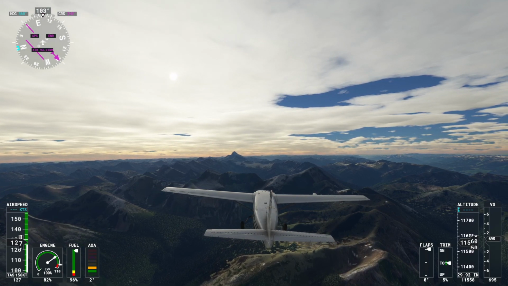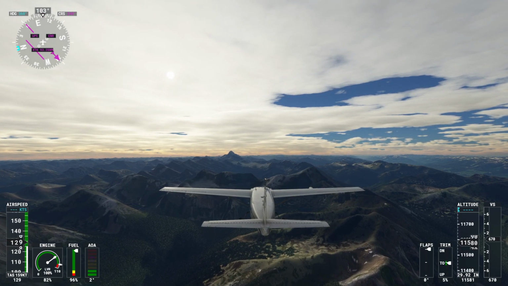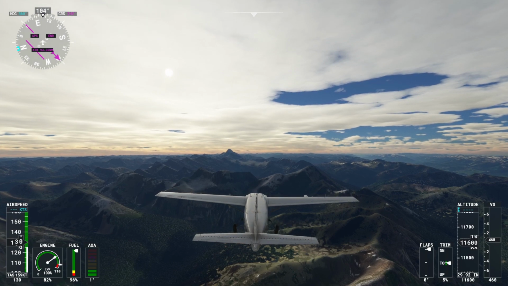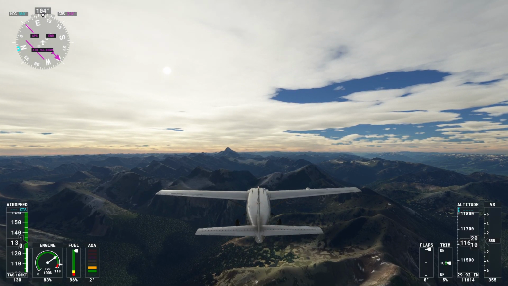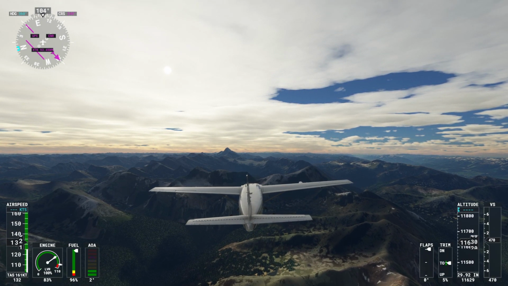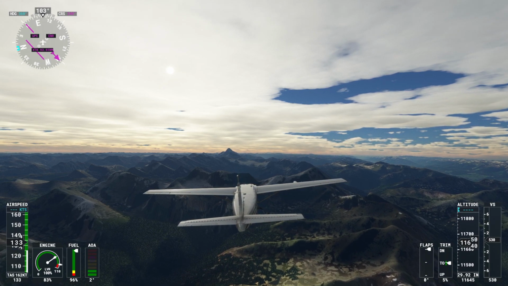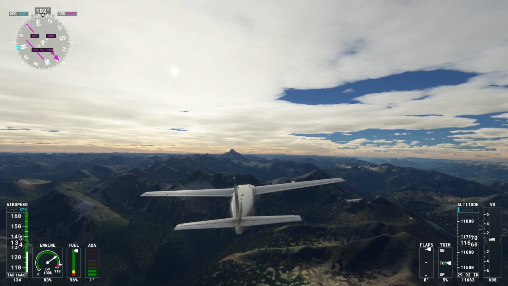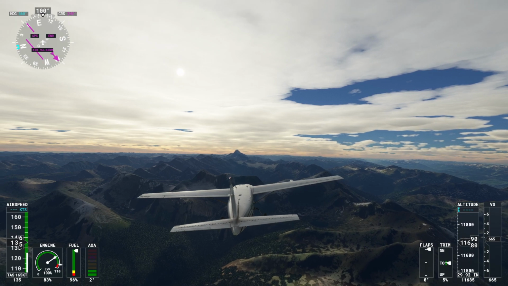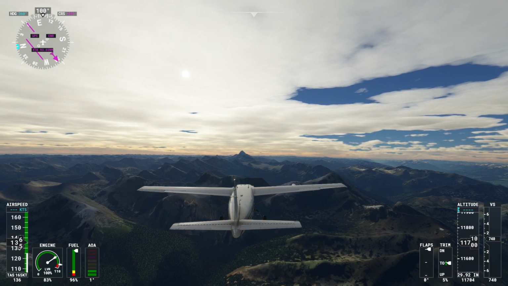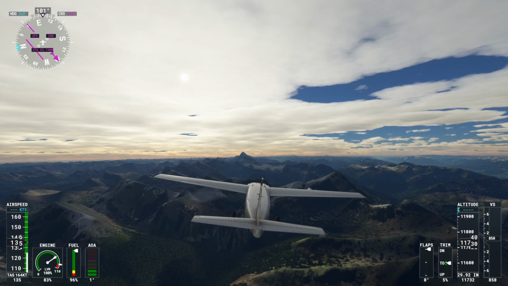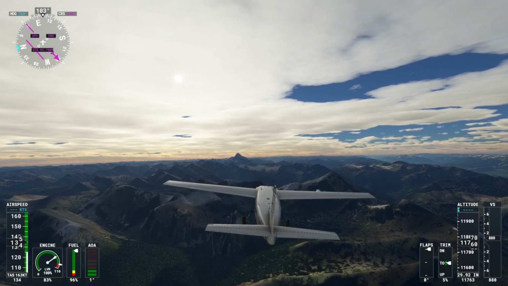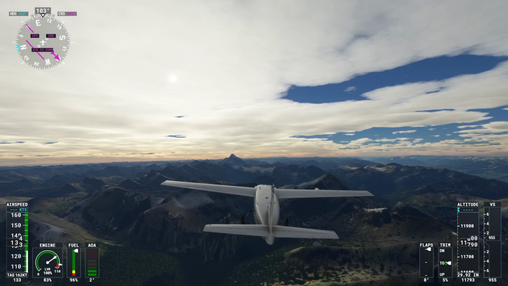Well, which one would be Mount Longstaff? Will the Google Map help us? Yeah, it won't, but there you go. One of these peaks must be Mount Longstaff. It's just a bunch of peaks, though.